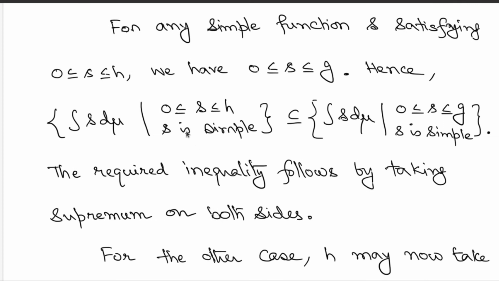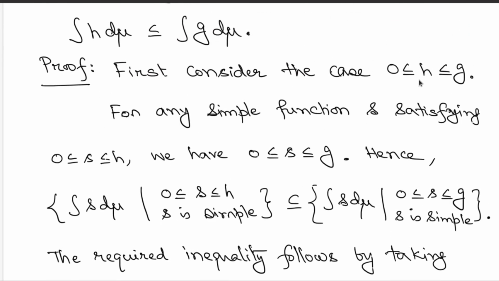So now for all such simple functions, since this is a smaller collection of functions, whatever values you get out of integration are already contained in the right hand side set. Okay. So for any simple function on the left hand side, that simple function is already in the right hand side. Therefore the corresponding values of the integrations are already listed on the right hand side. So this is a containment. Therefore if you look at the supremum of these two quantities, the left hand side will be smaller, right? Since you are looking at a bigger set on the right hand side, that quantity, the supremum, will be bigger. So the required inequality simply follows by taking supremum on both sides.